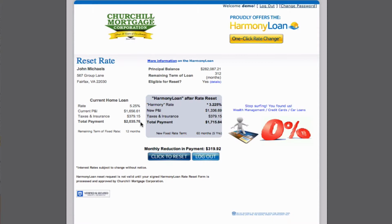Now, this is an example of a 5/1 Harmony loan. Fixed for the first 5 years. At the end of that, it would go to a 1-year ARM. Very standard in the industry. However, with the Harmony loan feature, it will count down the number of months that they have left of the